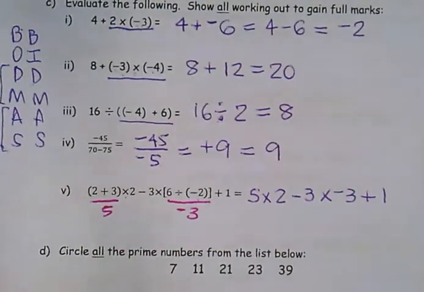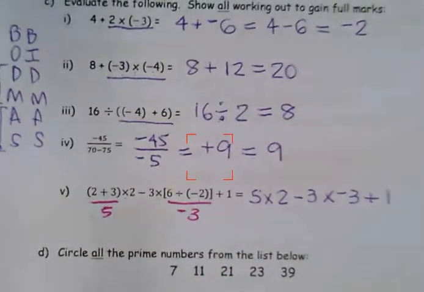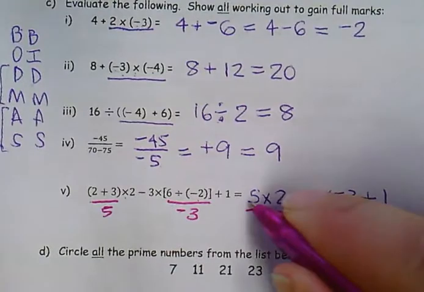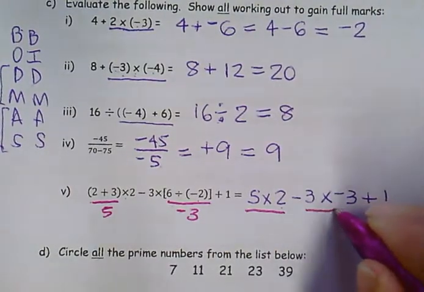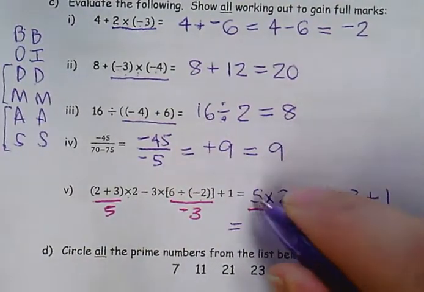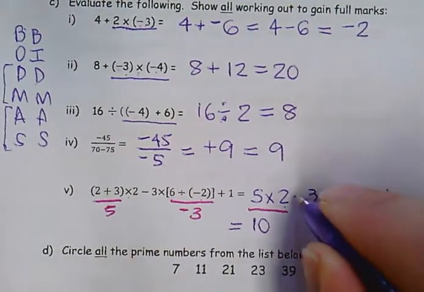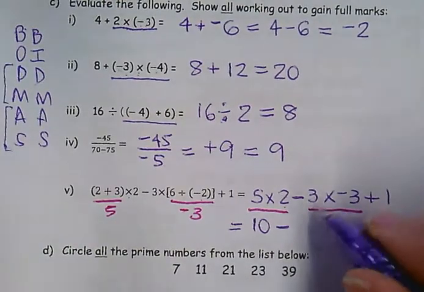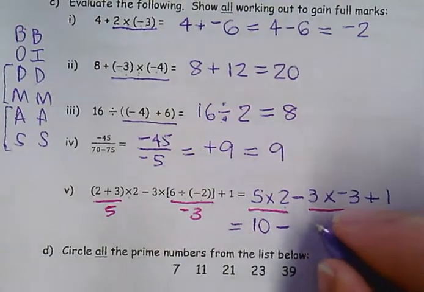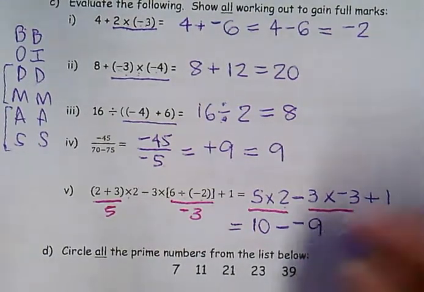Now we have the same problem again. We need to use order of operations, and I have to do multiplication before addition and subtraction. So 5 times 2 needs to be done, and 3 times negative 3 needs to be done. So I've got 5 times 2 is 10, and then this is a takeaway sign, take away 3 times negative 3, now a positive times a negative is a negative, so it's 10 take away negative 9